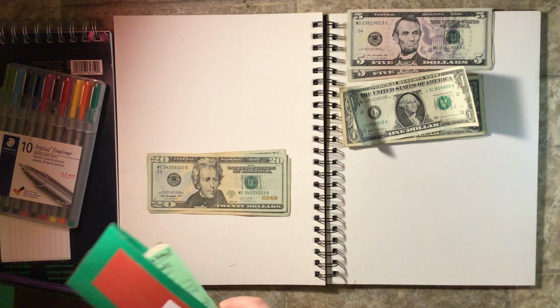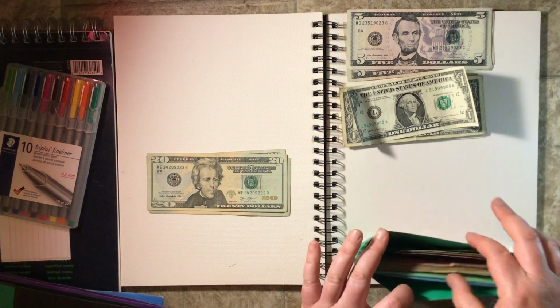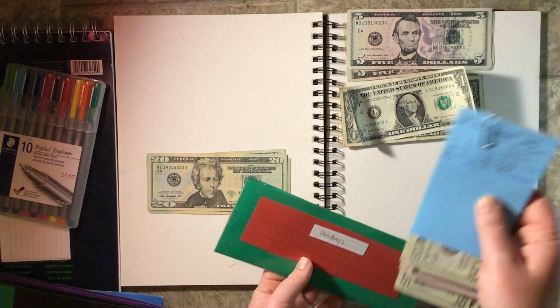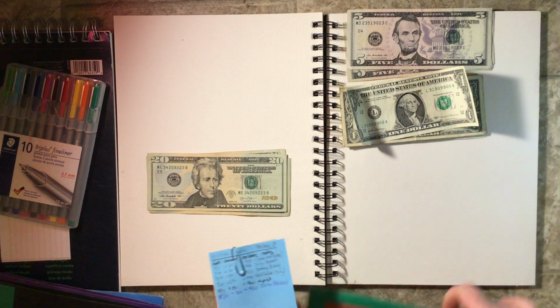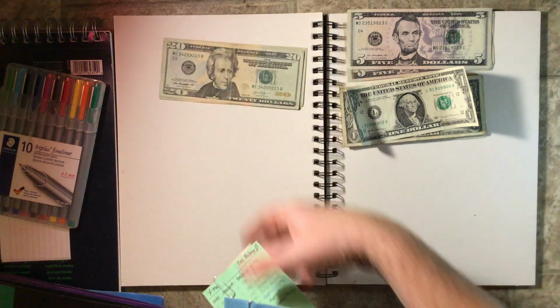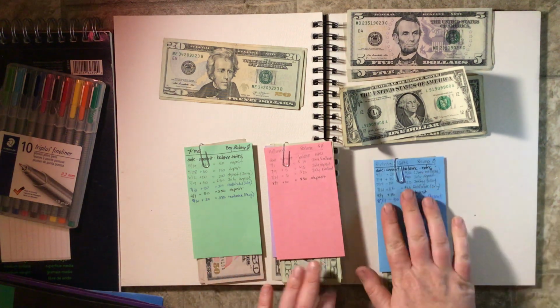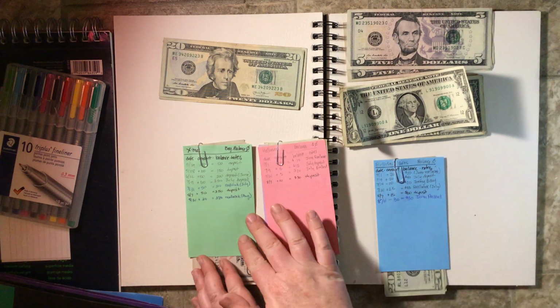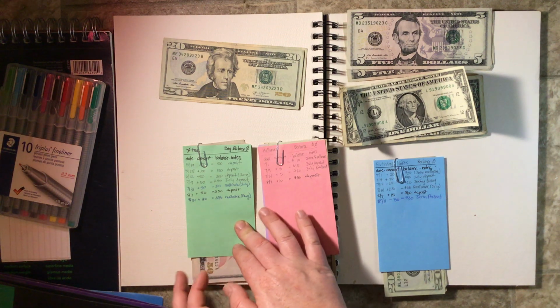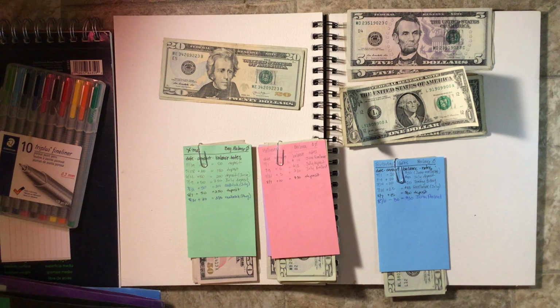And now we have the holiday envelope, which is crazy because of the way that I subdivide it. And I think I need to make new envelopes and stuff, but for now it is what it is. So we have, I'll move this stuff over. We have Christmas, and then we have the other holidays, and then we have birthdays that aren't my kids' birthdays. So Christmas is going to get 50. And I realized that I shouldn't have traded in the 50 for the outdoor supplies, because I need a 50 for here. So we are going to